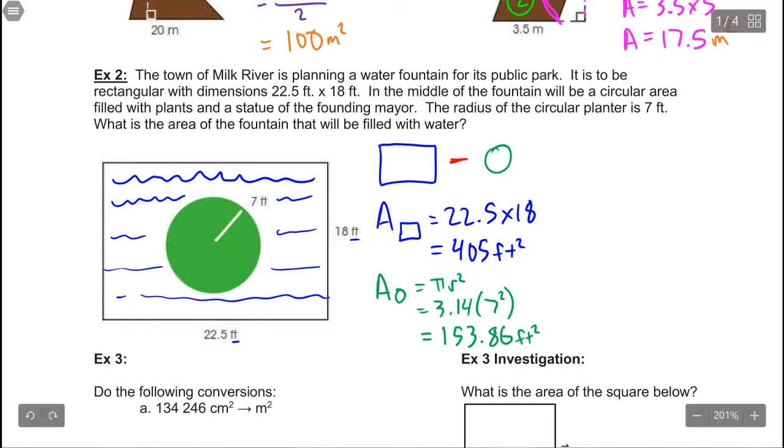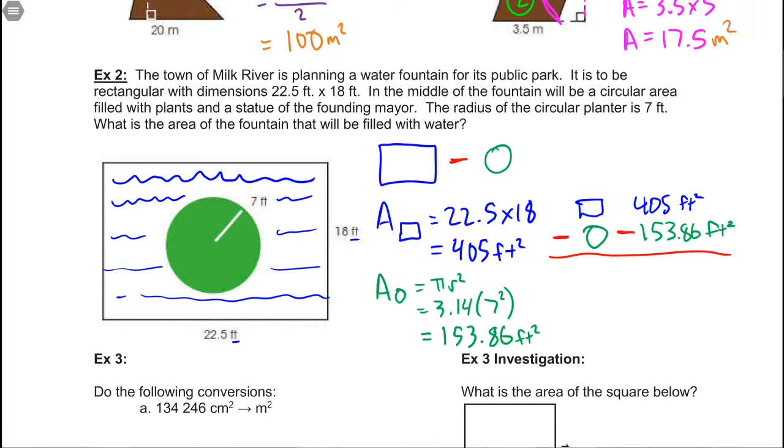So now what we need to do is we need to do our rectangle is 405 square feet. And we are going to subtract our circle. So we're subtracting 153.86 square feet. And that gives us our final area, if you put it into your calculator correctly, you get